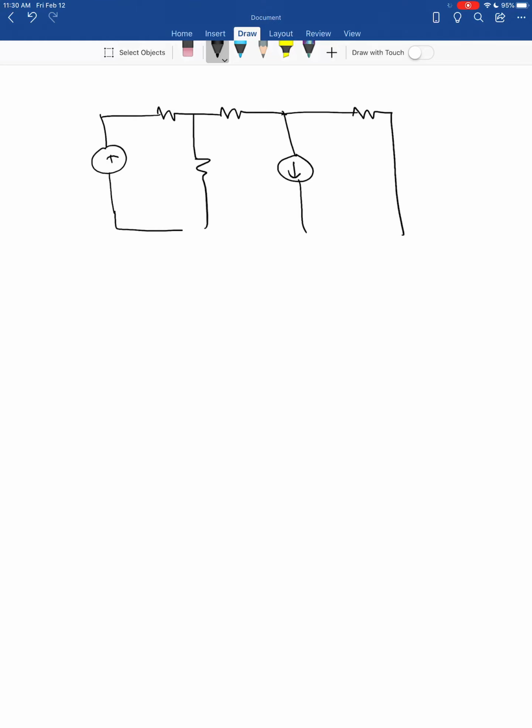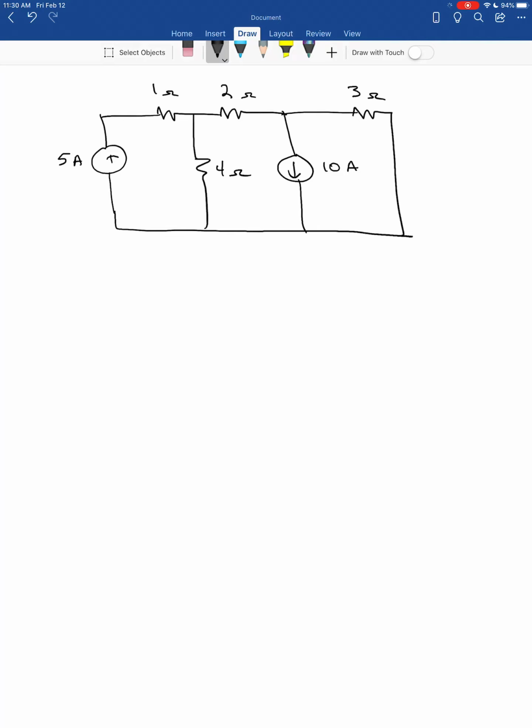Okay, the goal of this lecture is to work some example problems on the node voltage method. So we'll start out with a simple one where we just have some current sources. Just kind of making this up as I go along. We'll label these values. Okay, I'll try to use different numbers for everything so that as I write through the equations, you can follow what